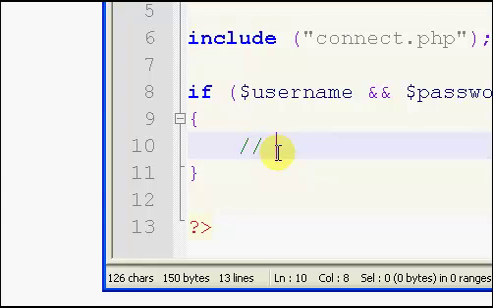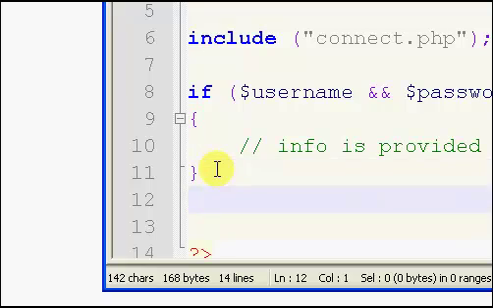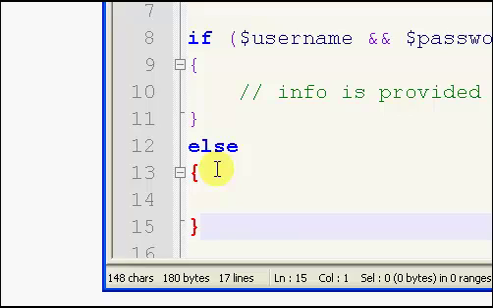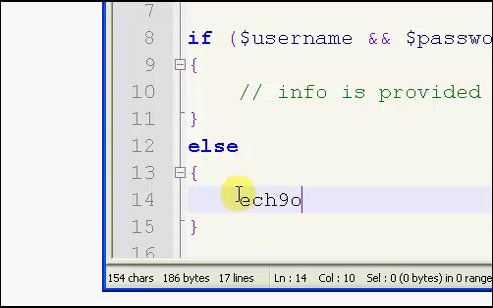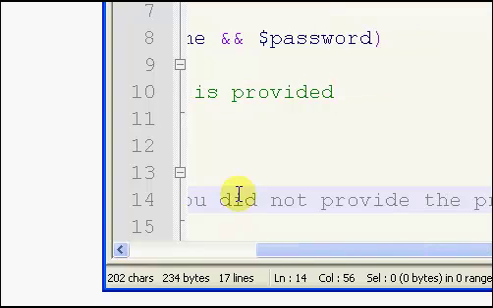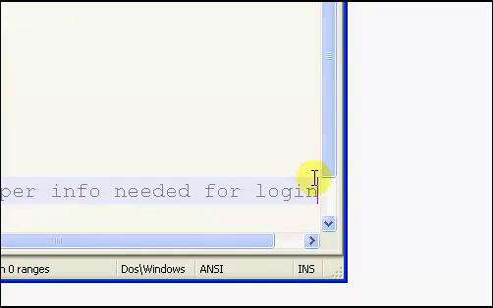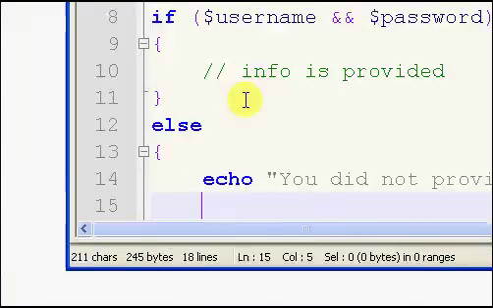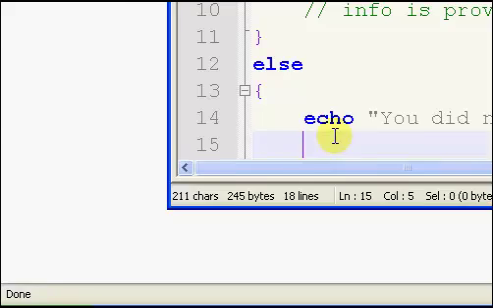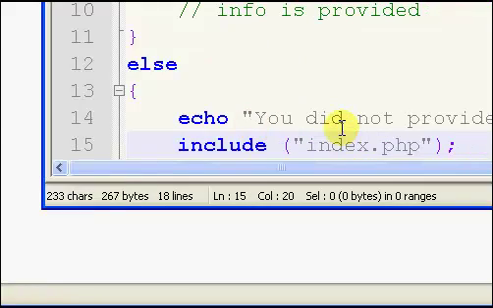So if we have both of them, I'm going to come down here and we'll just put some comments in. We'll just say info is provided, and then we'll put an else, which you're not really going to need brackets here because we're just going to have a simple echo. And our echo will be, how about, you did not provide the proper info needed for login. And then we'll just include our index.php